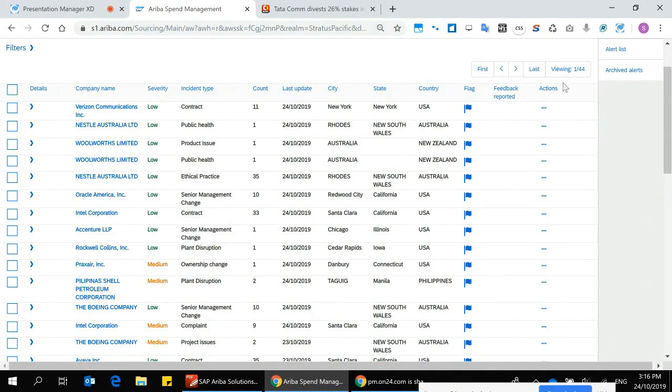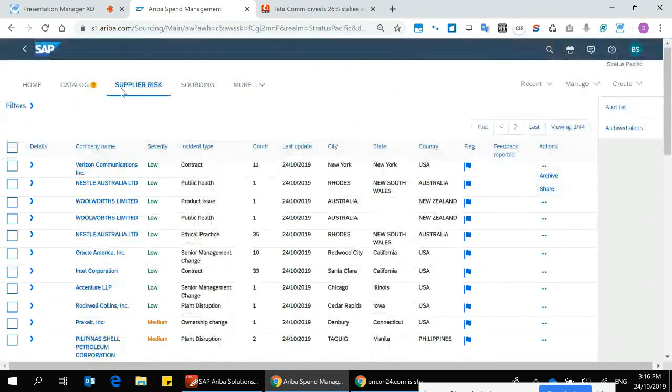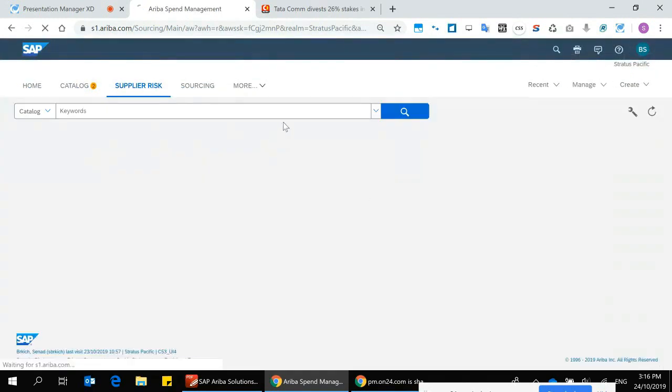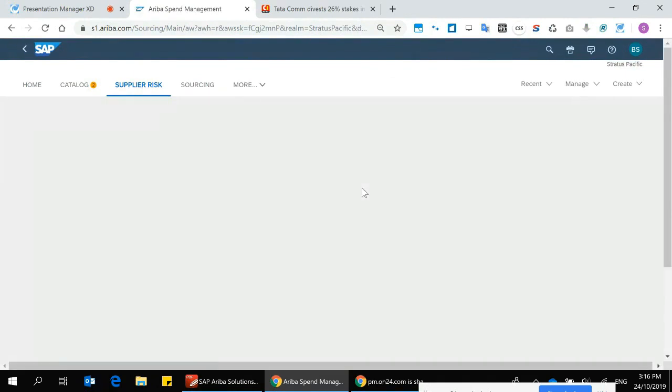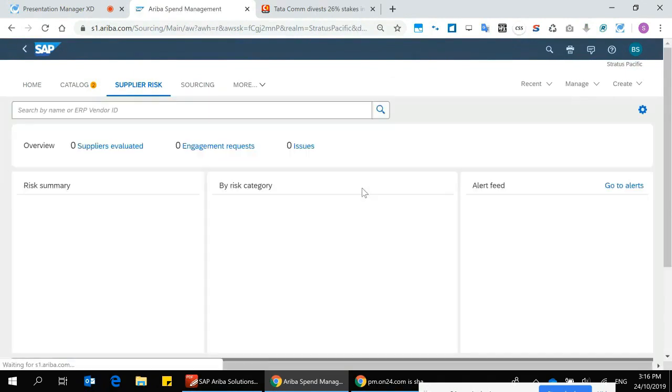You've obviously got the ability as well in here to share that data out a little bit further. So somebody else that maybe doesn't have access to the system, you can go and share that information very easily with them. All right. So let's just jump back to our suppliers. So just to touch a little bit more on this macro view.